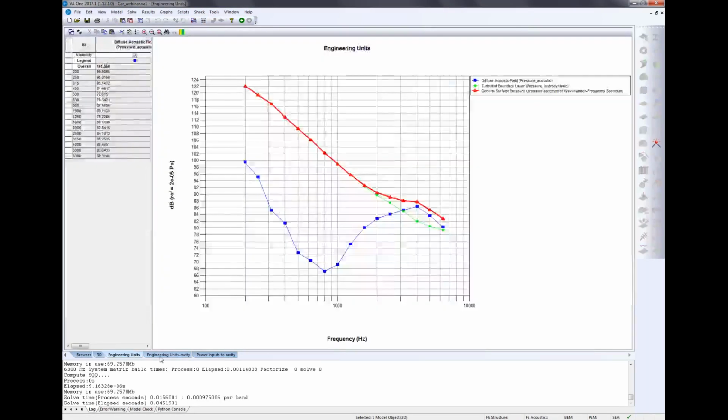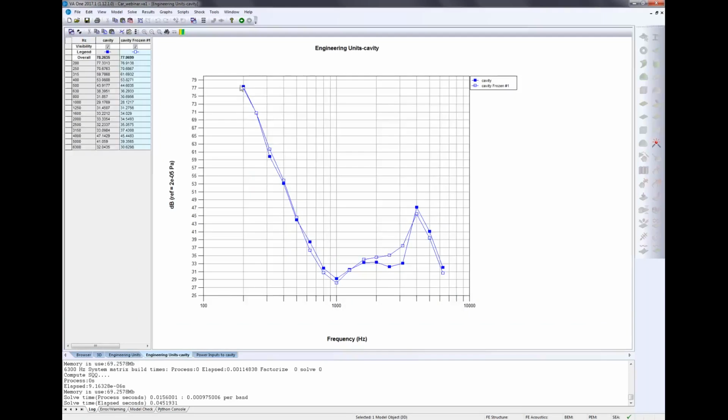You can see in the results that you have an equivalence of both. It's not exactly the same, mainly because TBL and diffuse acoustic field are ideal loads, whereas the general pressure takes the actual wave number frequency content of the CFD data.